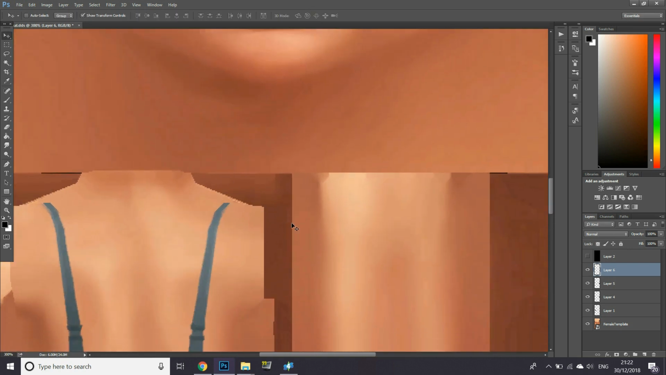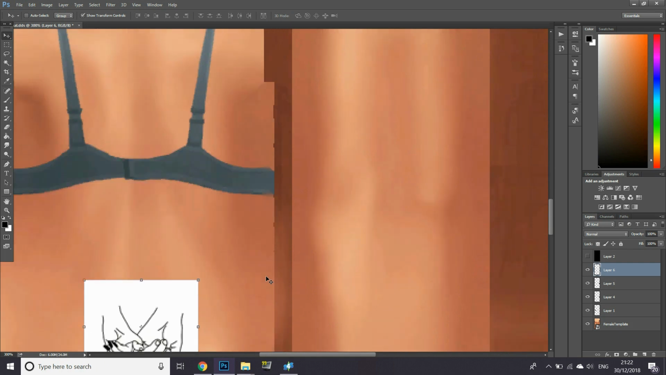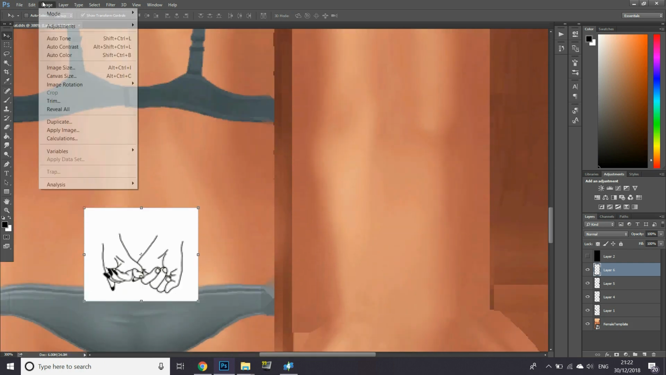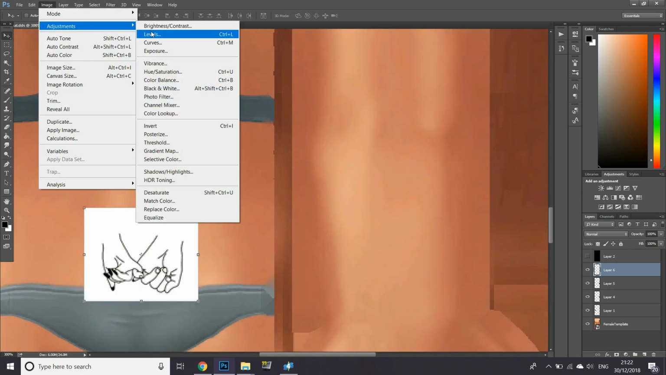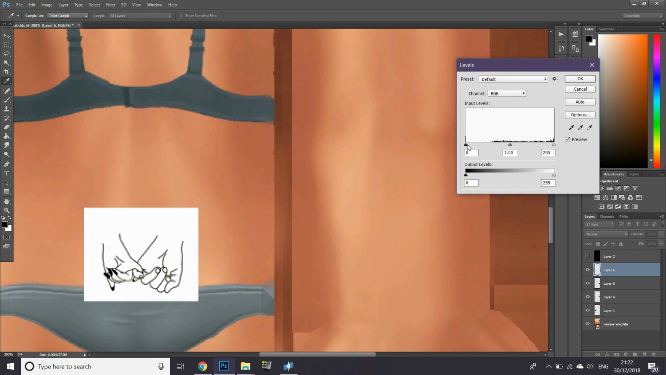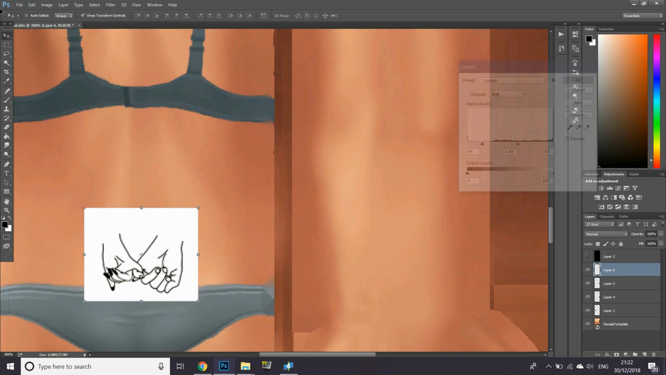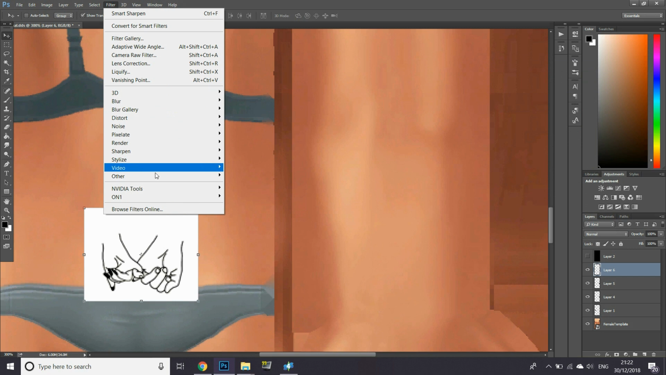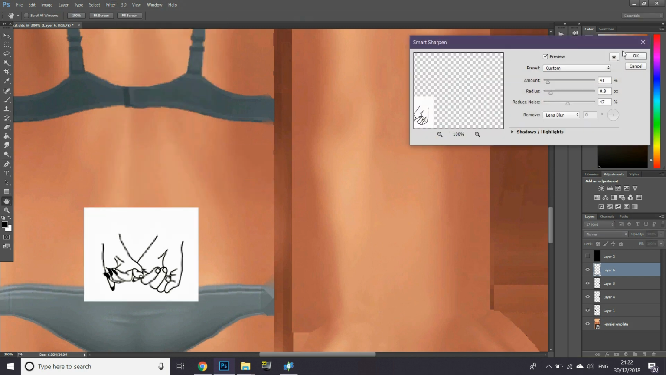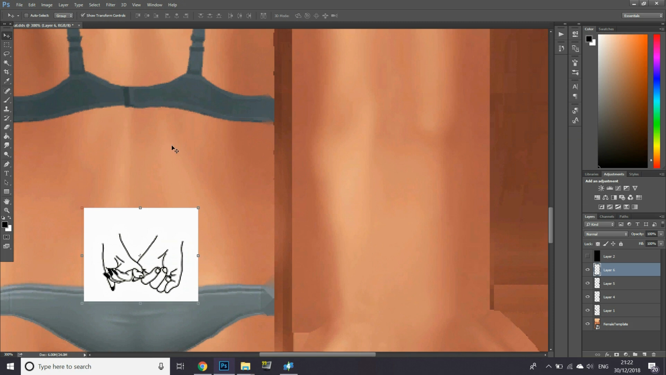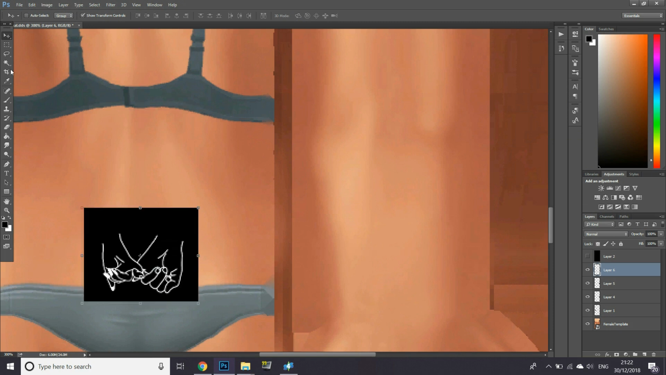I'm zooming in. Control plus is zoom in, if you didn't know. And I'm just going to also darken it again, just because I feel like it's lost a bit of the colour. And I'm going to give it a little bit of a sharpen as well. And I'm just going to hit OK. Then Control I or invert, and we've got this,